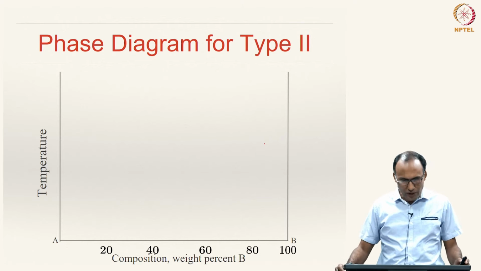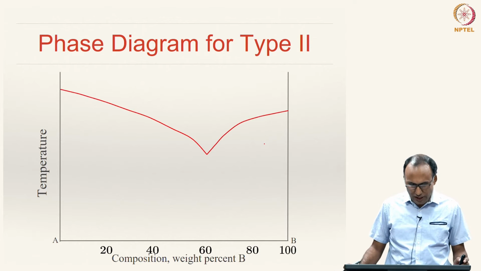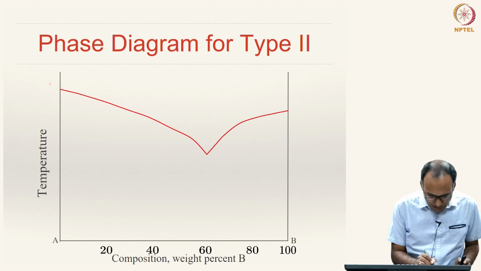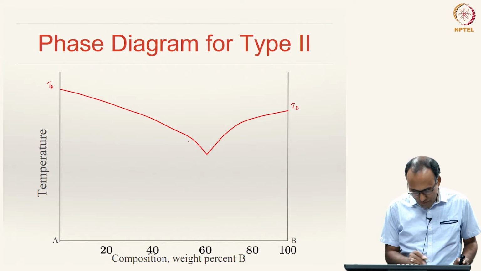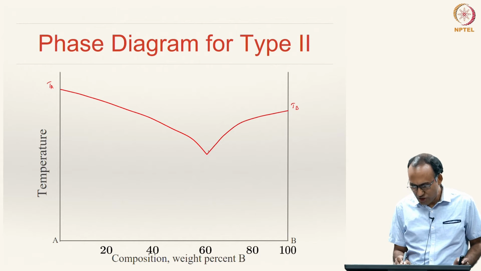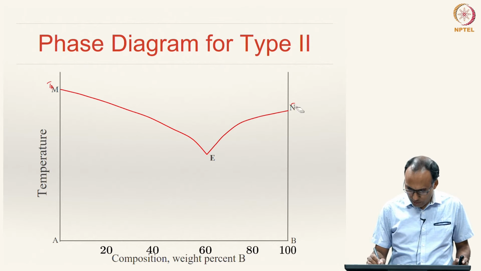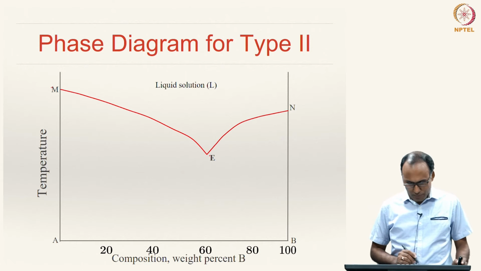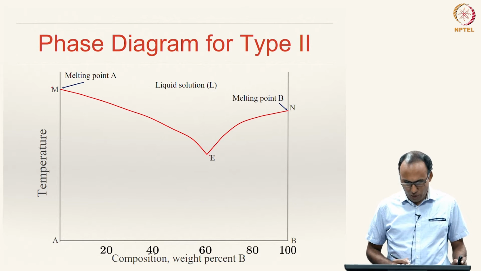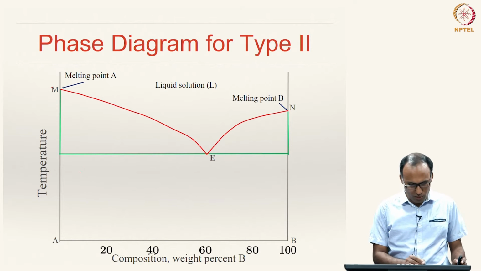So, let us look at the phase diagram from the cooling curves. Now, let us look at the phase diagram, which is temperature versus composition. That is our melting point of A, and this is our melting point of B, and as we said, this is the solidification starting temperature. This is our liquidus line, M N, from the previous figure, and E is our eutectic point. That is our liquid solution above the liquidus line, and then this green line that we have shown just now,